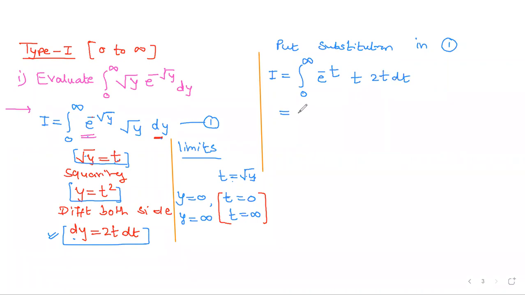Now take constant term always outside. Then limits 0 to infinity. Take exponential term first, e raised to minus t. And there are t terms. How many t's are there? This one t and this t. It becomes t square. So in integration, this is e raised to minus t and t square dt. This is the form of gamma function. So now apply the definition of gamma function. So what is gamma function definition? So integration from